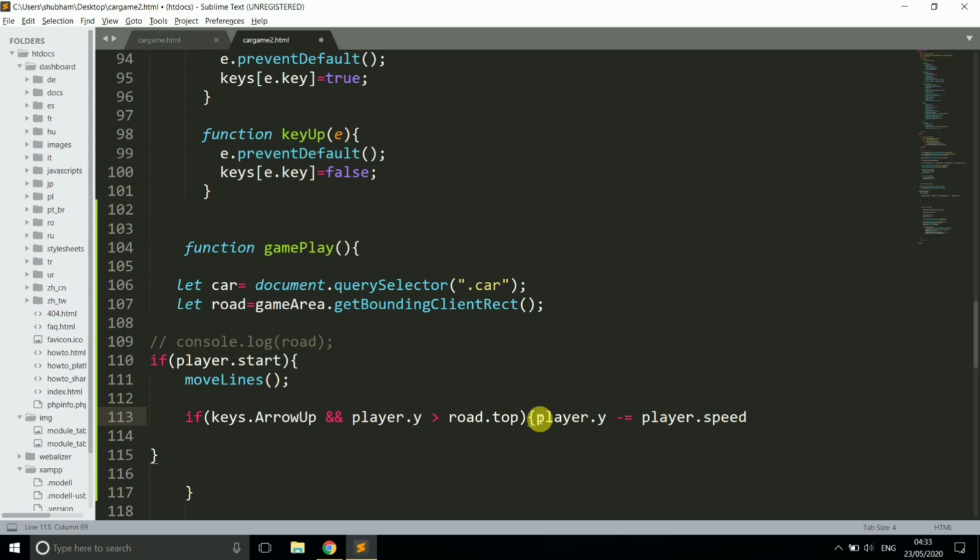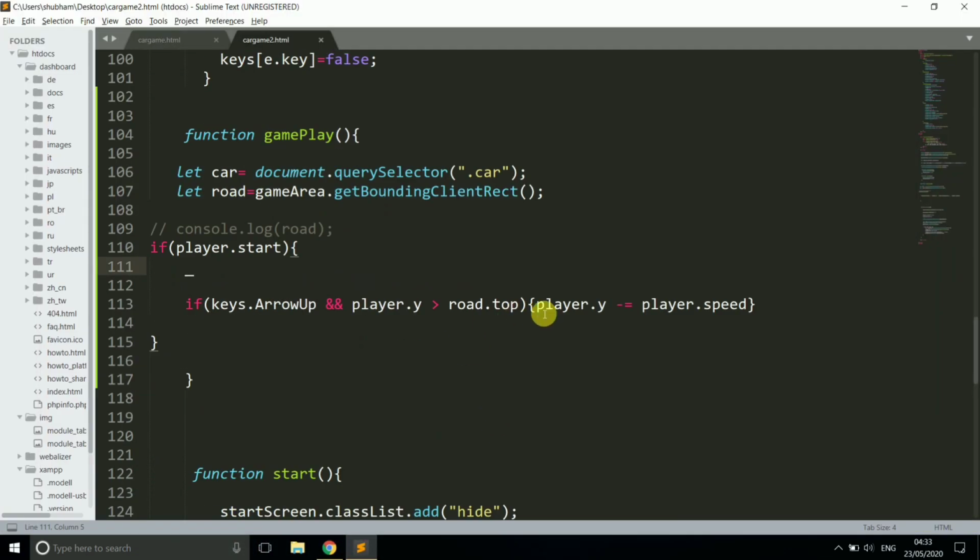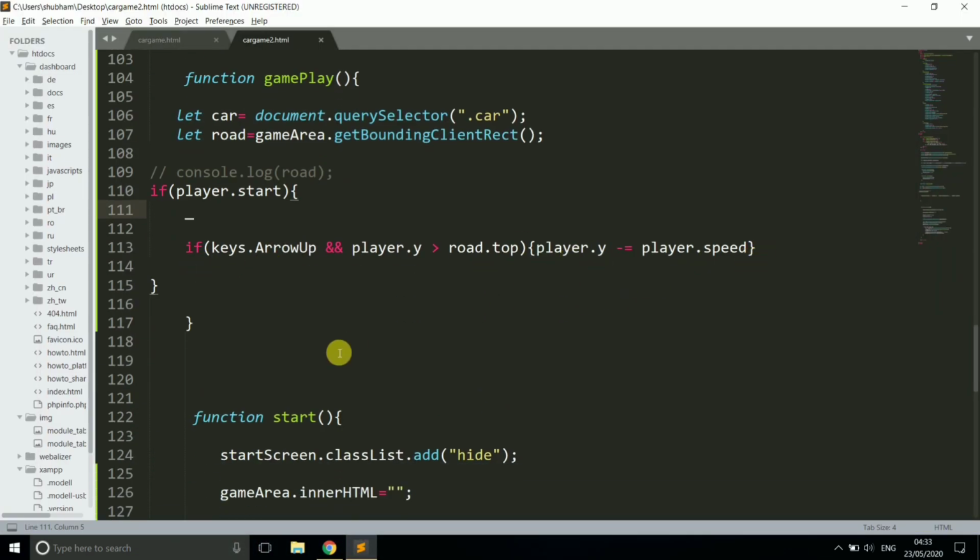So if the user presses the arrow up key, and player.y, meaning your car's distance from the top, is greater than road.top, then this program executes: player.y minus equal to player.speed. It means your car moves upward.